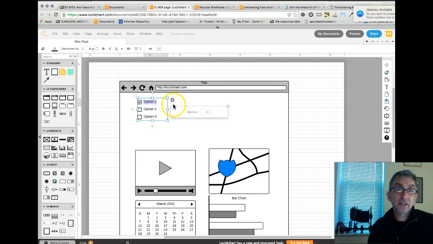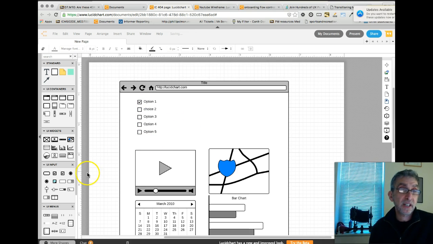Checkboxes. Let's see what my options are here. I can choose more options. I should be able to go in and change text on these. So choice 2, you can make that be the exact text. Pull down. The options here are